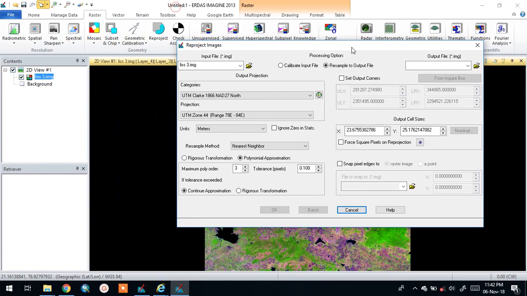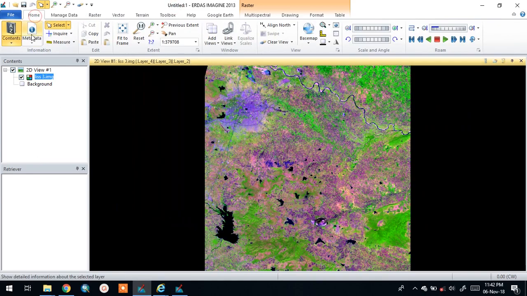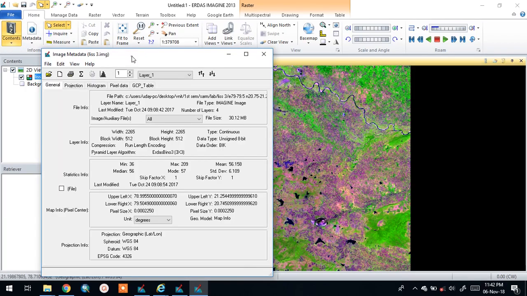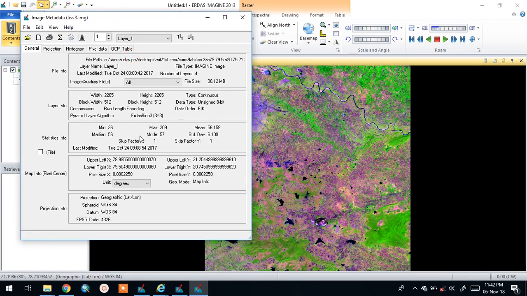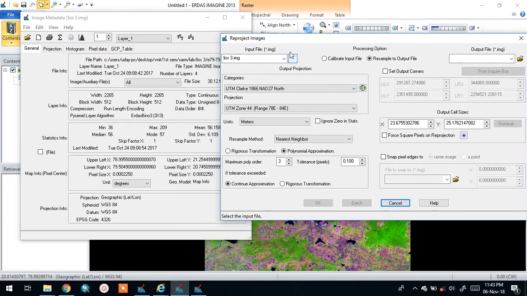And if you check the metadata of the image, here it is from 79 to 79.5 degrees east. So that is why I have chosen UTM zone 44.